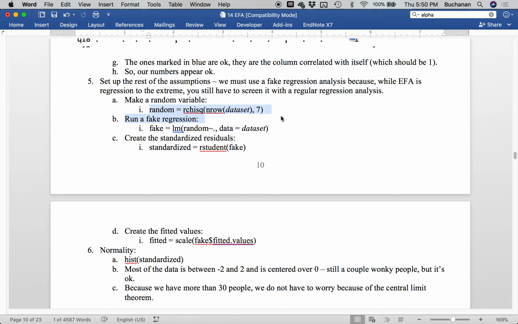So we're going to create a random data set. Remember the 7 here is just my lucky number. It's actually not my lucky number, but it's the lucky number for this particular analysis. It's not base, it's anything above 2 to make that run. So you can try a different number than me. This creates our